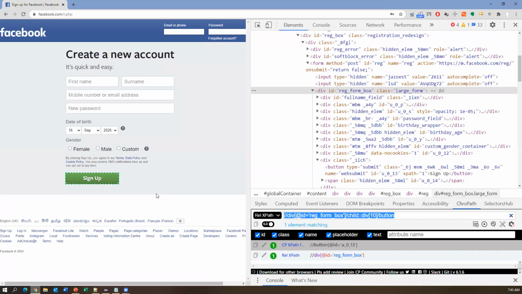Again go to the same form, from the sign up button. Now the sign up button is a self element. From this we have to locate the first name field. So we have to start from here, and from there we have to identify the first name. So what is the self element? Sign up is the self element. Now let us see how we can locate the first name element by using the sign up element.